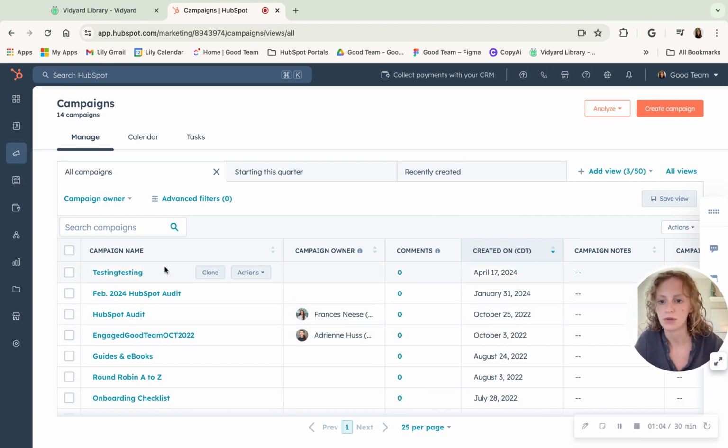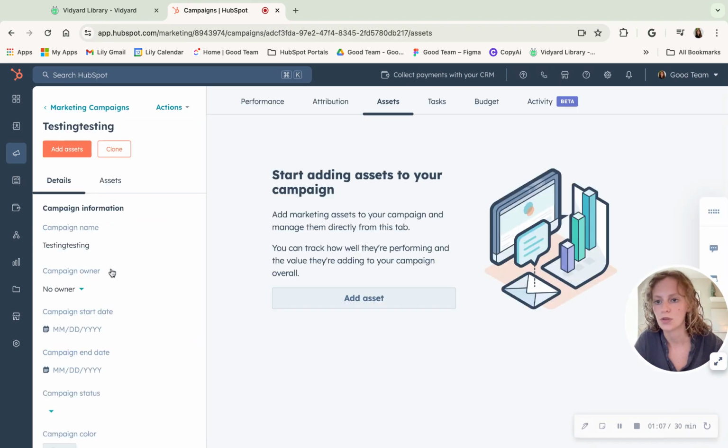I have this one already. So first thing you're going to want to do is click into your campaign and add an asset. It's kind of a sidebar. If you do want to learn how to